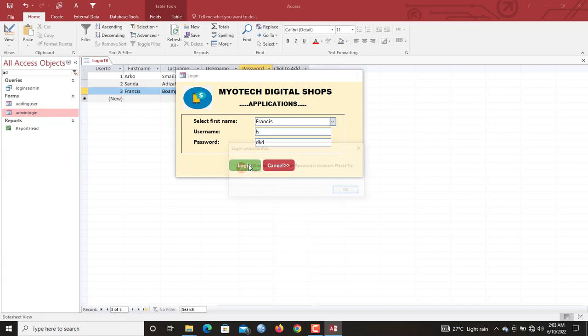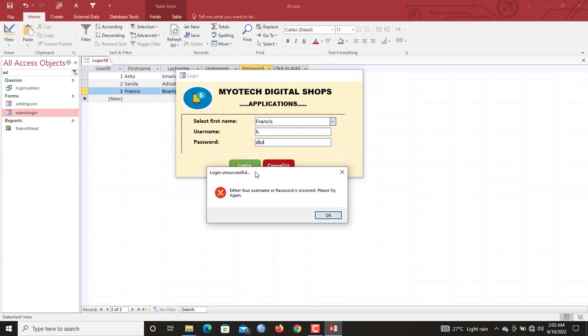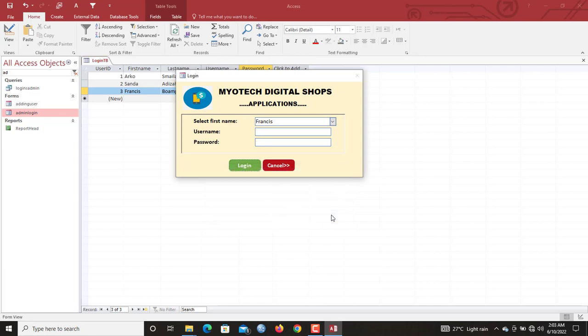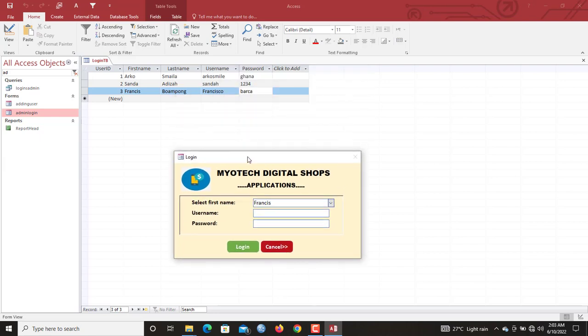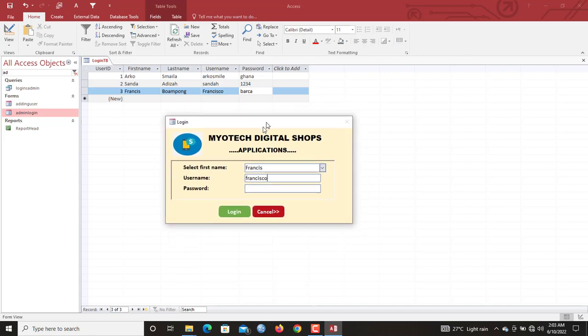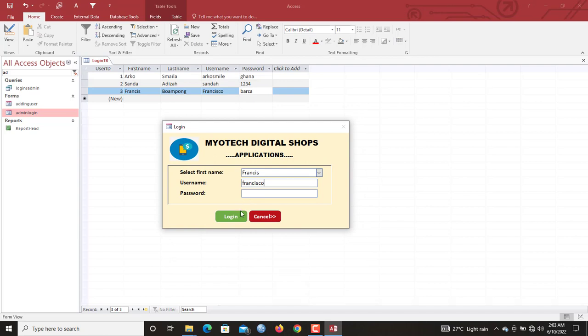Now you can see the details are wrong. So it says either your username or password is incorrect, please try again. And you can see the fields have been emptied as well. So now let us select the right user, Francis. So Francis, the username is Francisco. And one thing you have to take note of is that VBA is case insensitive, so capital letters and lowercase are all the same. So Francisco, once you select,